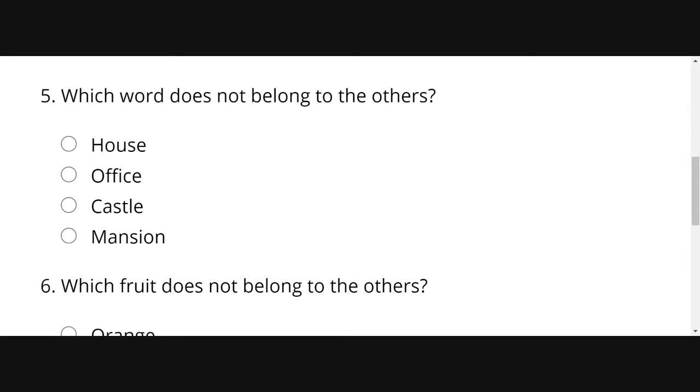Are they looking at what it's made of? Are they looking at what it's used for? When you get a question like this, you start looking at different aspects of each of the words to see, okay, maybe they're talking about the use, or maybe they're talking about where it is, or maybe they're talking about the material, okay? So